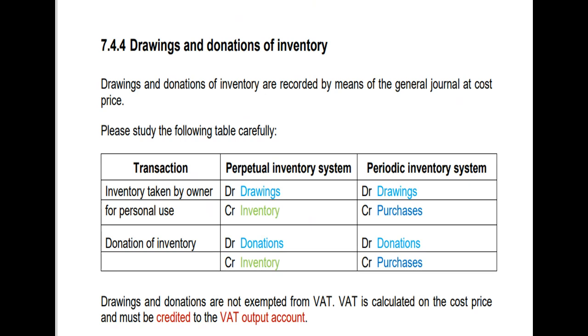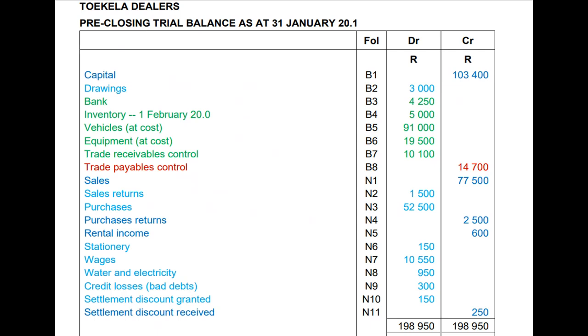Then let me move to here. We are not going to do this example because of time. I just wanted to show you what we normally give you. Here in this situation, you are given a pre-closing trial balance. What does this mean? It means that adjustments have already been taken into account. The only thing that we are trying to do now is the closing